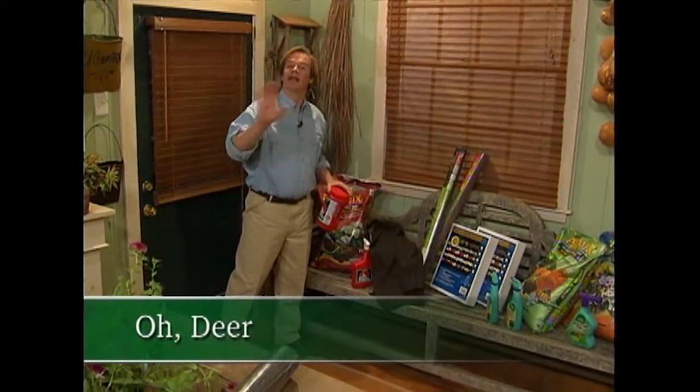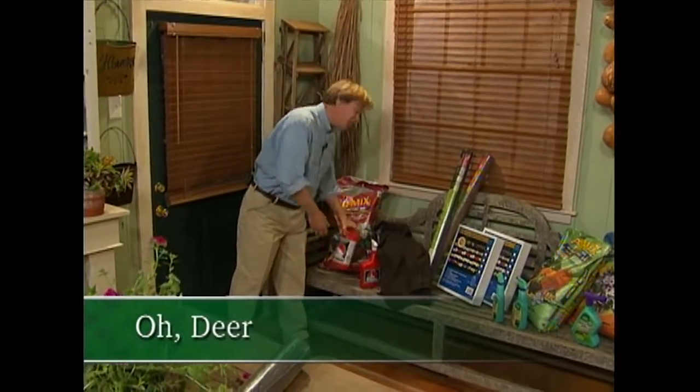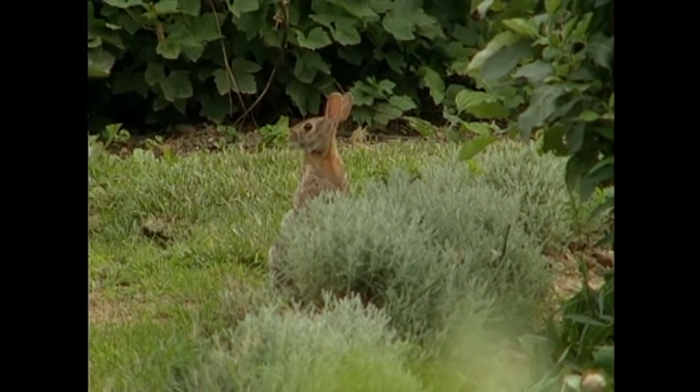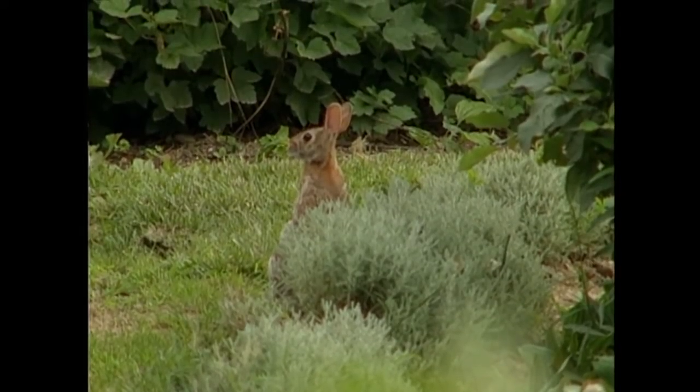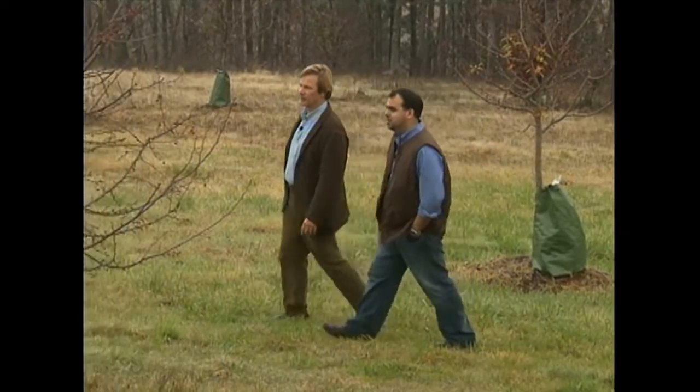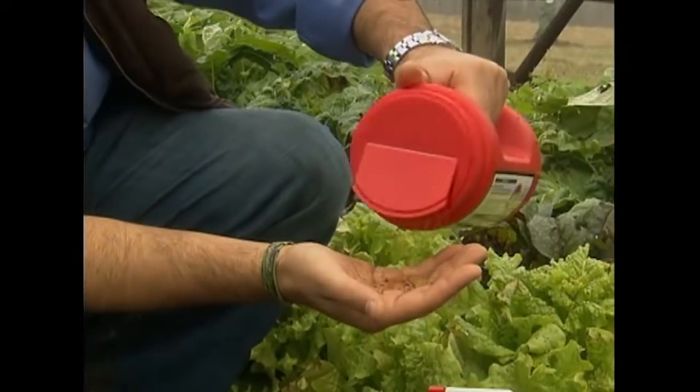You know, I hear this complaint all the time from coast to coast. The deer are eating my blank, the deer are eating my blank. Just fill in the blank. In my garden, the deer love my lettuce, and what I don't want is for my garden to become a salad bar for the deer. And then squirrels. They love to dig up bulbs, they love to dig up plants and bury things under them. These are cute little pests, but hey, I would rather they stay out of my garden. I asked James Messina of Messina Wildlife Management to stop by the Garden Home Retreat to tell us about his